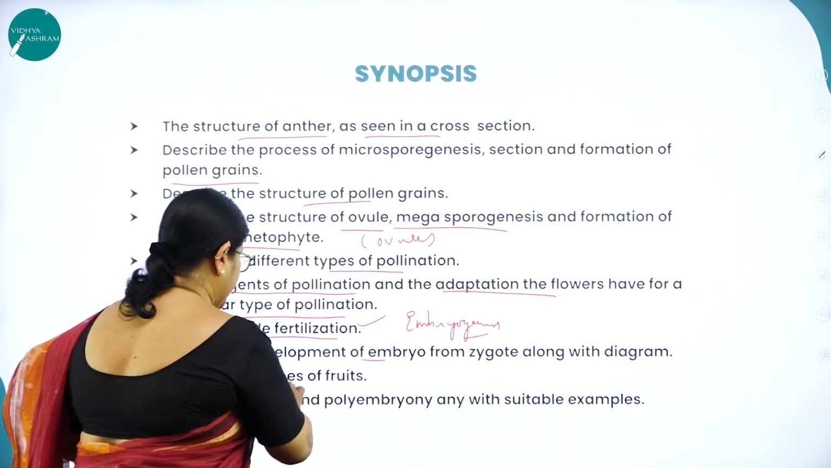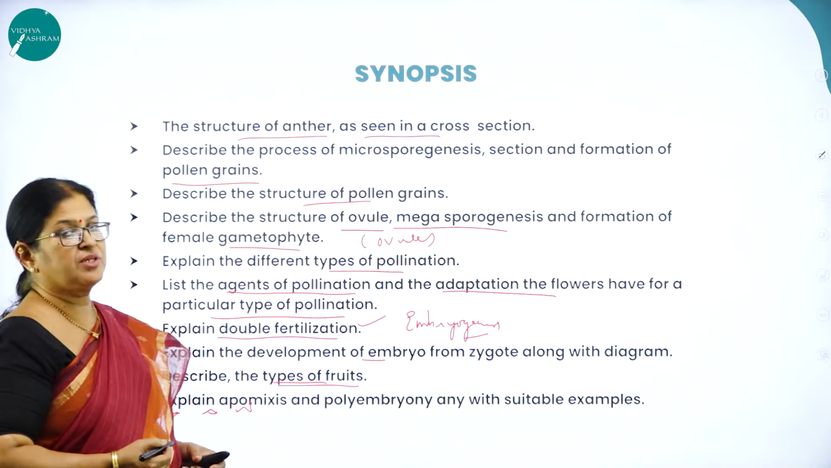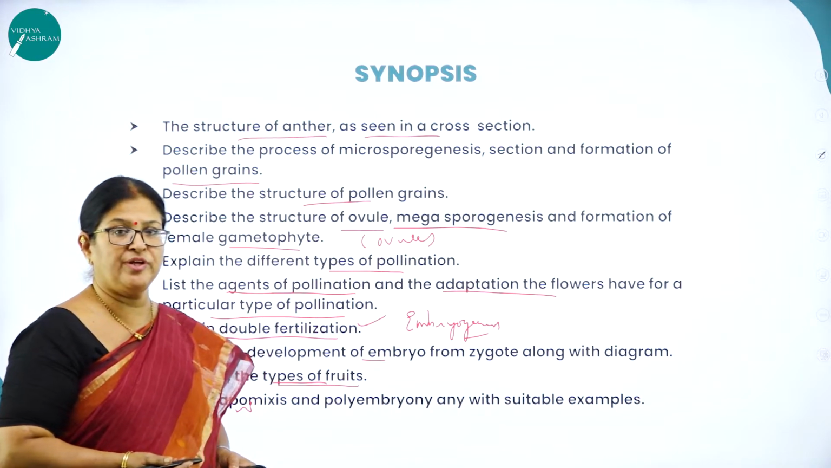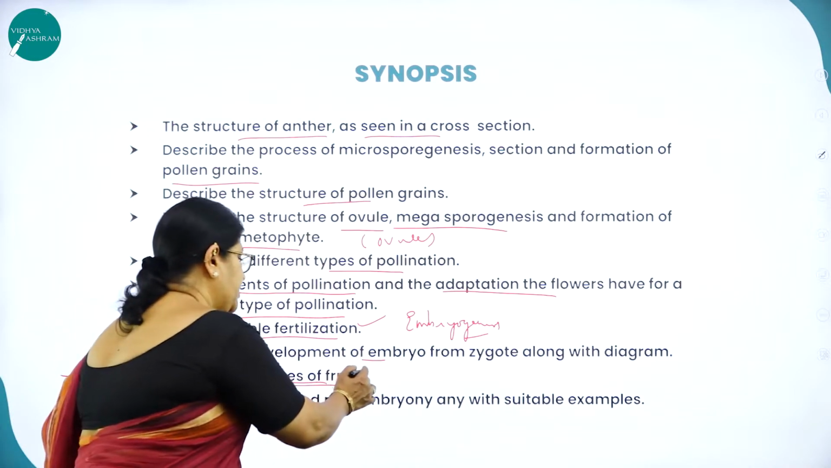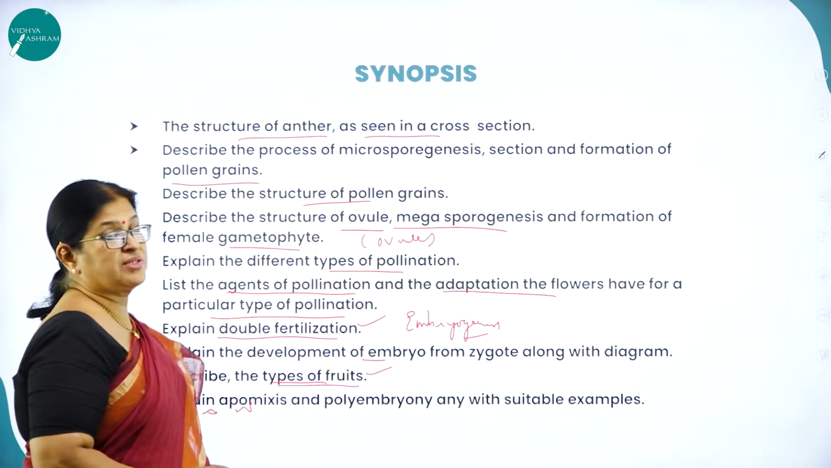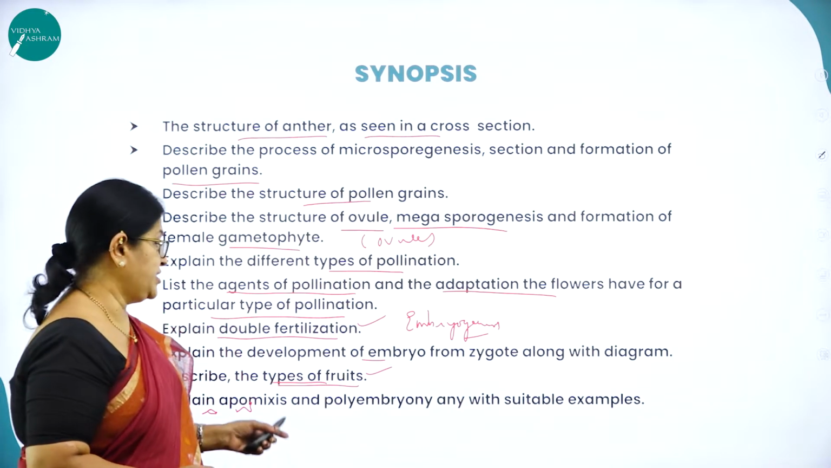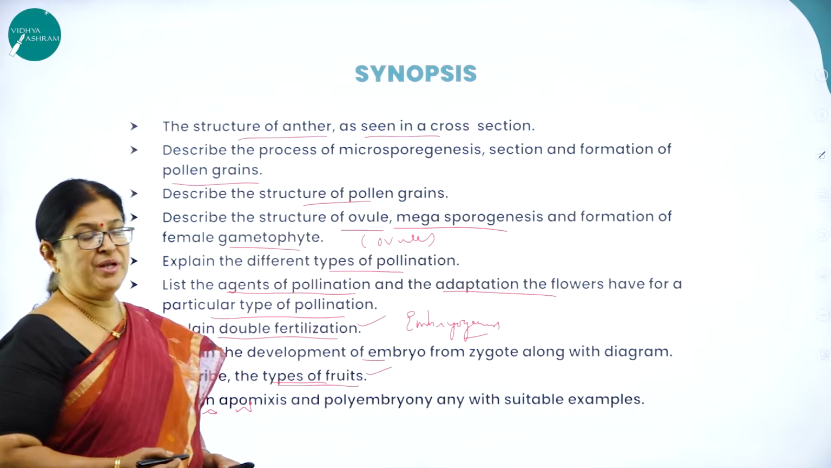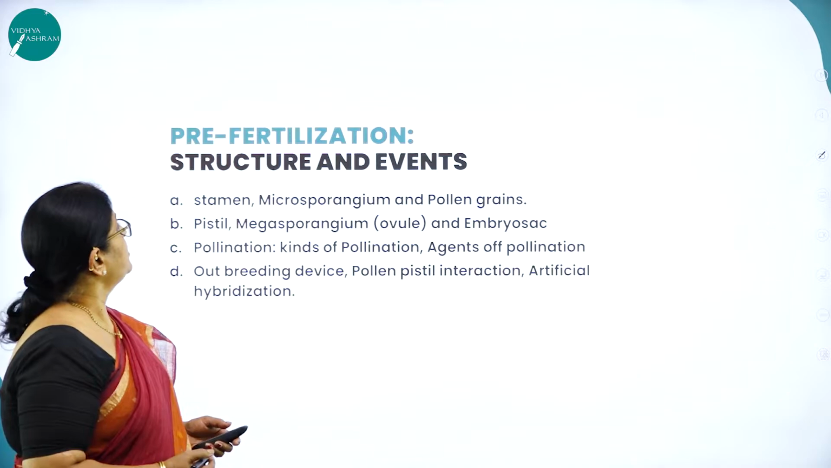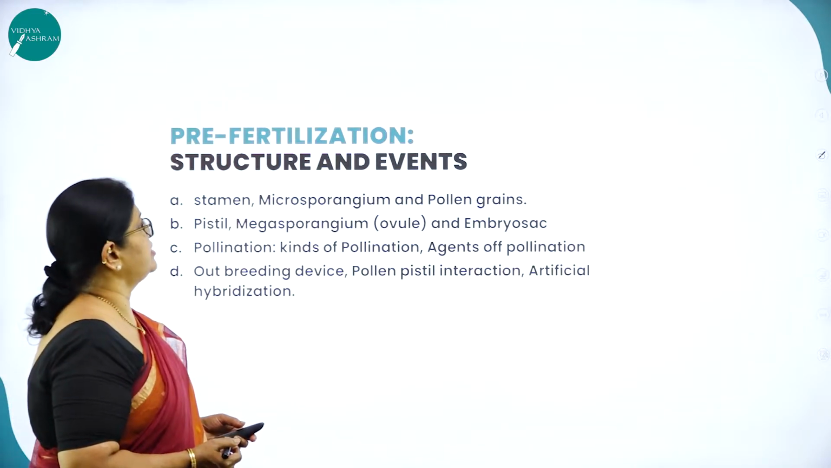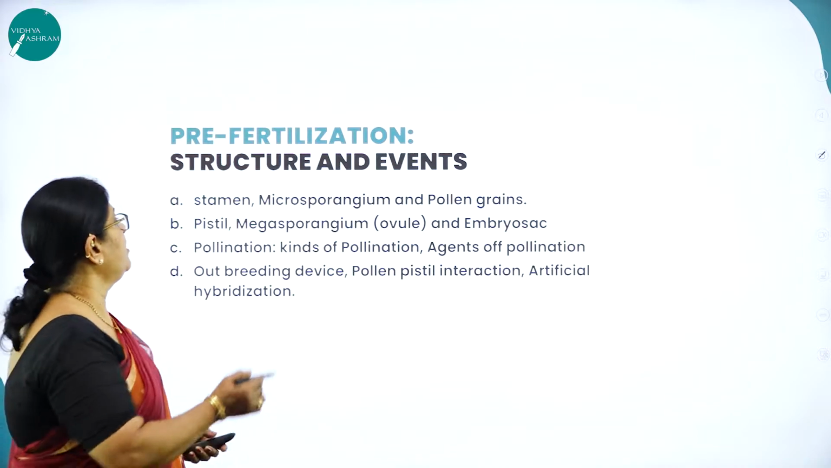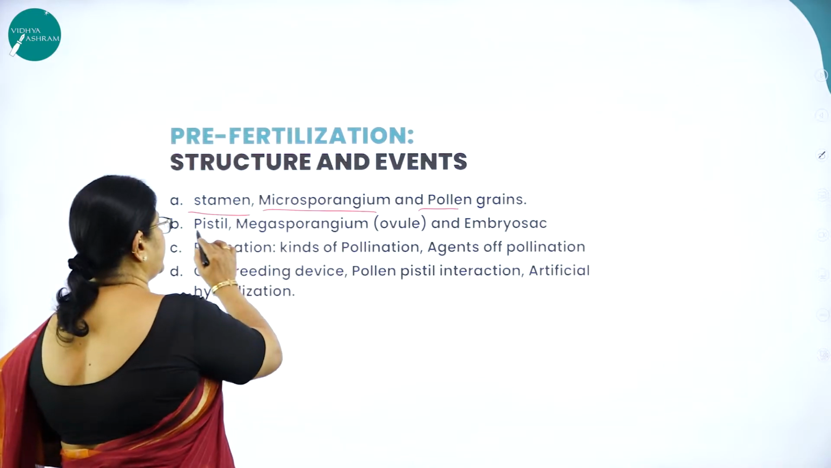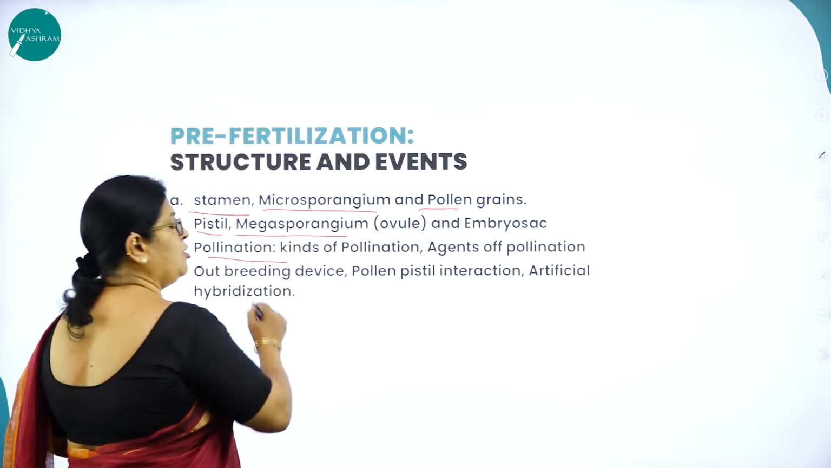Embryogenesis. Then describe the types of fruits. As we know, there are simple fruits, and then we have multiple fruits, and a fruit is nothing but a ripened ovary, right? All that you'll be studying in this particular chapter. Then explain apomixis, that is development of seed without fertilization, and the seed that is developed is called an apomictic seed, and polyembryony with suitable examples. Then you'll be studying pre-fertilization events, that is the structure and events, where you'll study about the structure of a stamen, and already I explained microsporangium, pollen grains, pistil, megasporangium, embryo sac, pollination,